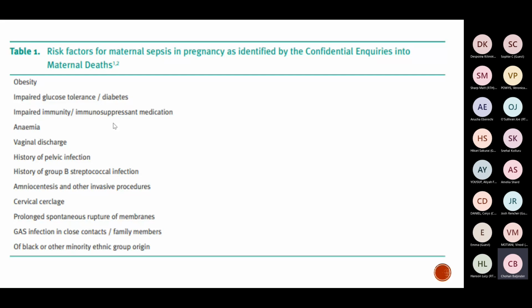And BAME. Oh God, I hate the term BAME, and I used it. But Black and Asian minority ethnic groups, they are at increased risk. Now, is that because they're less likely to access healthcare? Perhaps they don't speak English as their first language, or there is obviously something more than just that. But they are definitely a group who are at risk.